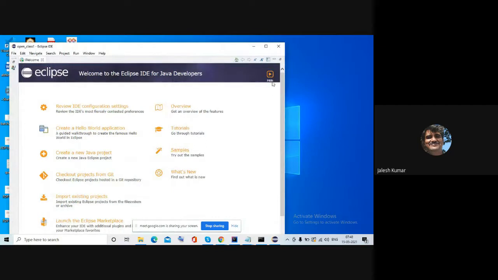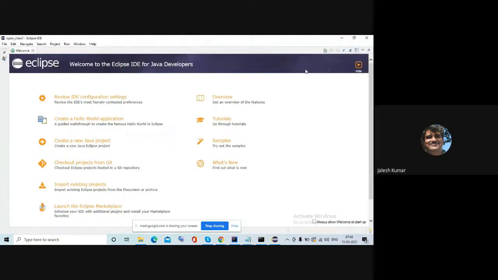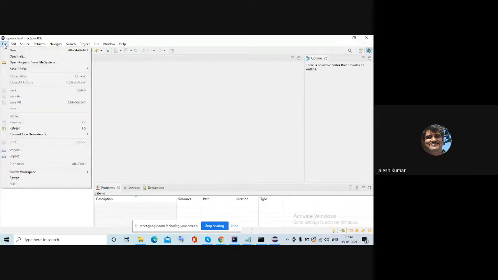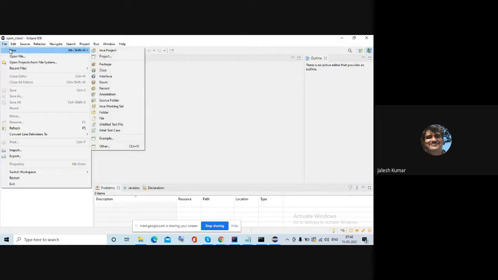You'll get this screen. Once you get this screen, you can hide this information, it is not needed. You just go to this hide. Then how to start? So go to file, and after going to file, you have to select new, and in new, Java project.